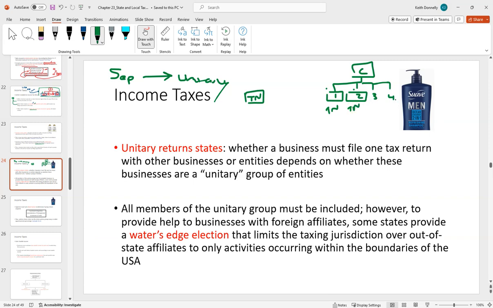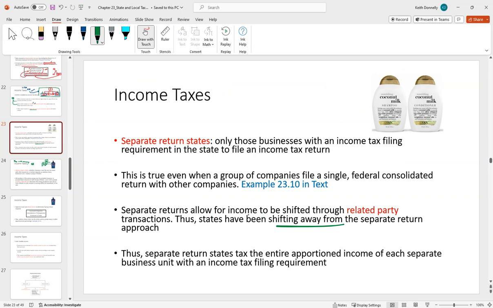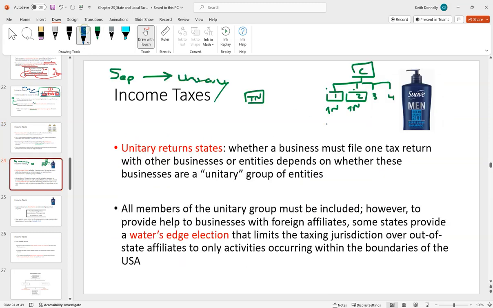3 and 4, you wouldn't have to file a Tennessee return. What was going on, right? If we go back to here, this kind of configuration allows for related party transactions, right? Essentially what would happen here is these companies, the ones that have income tax nexus, could shift some of their income out of Tennessee or get expenses and things like that, which would make their Tennessee sales tax base go down. They pay less